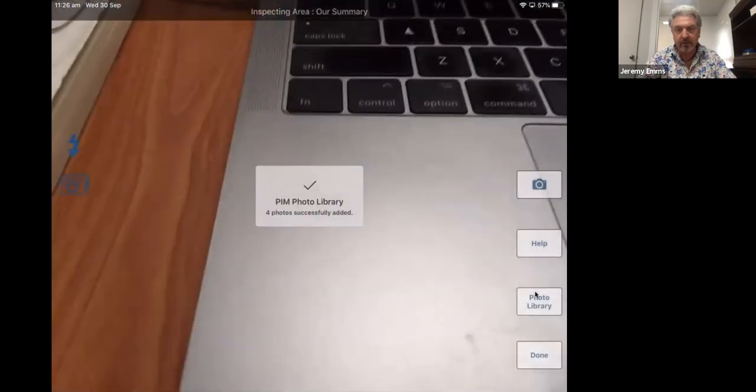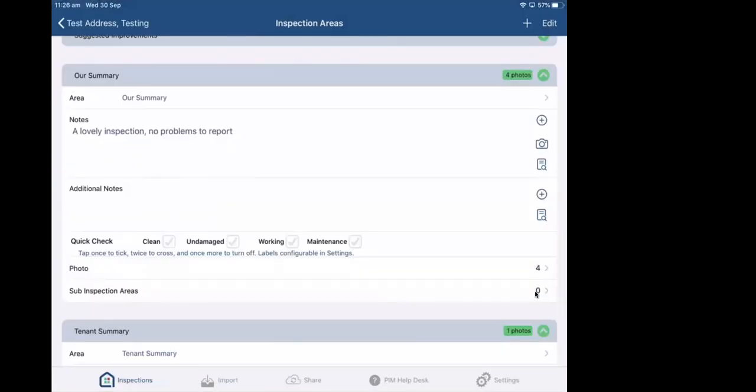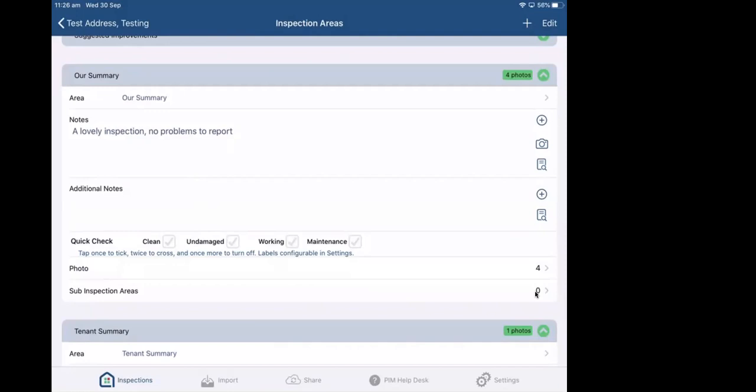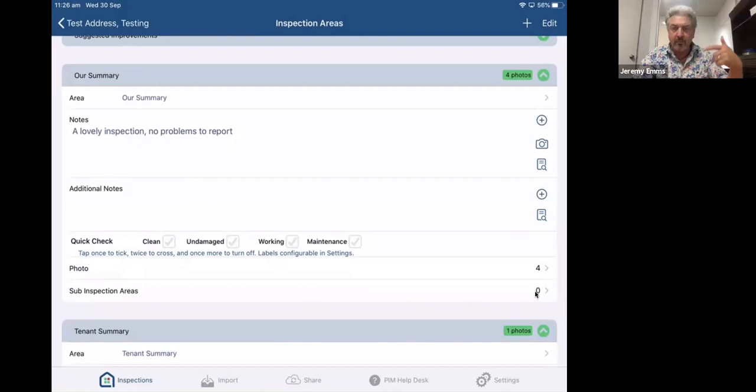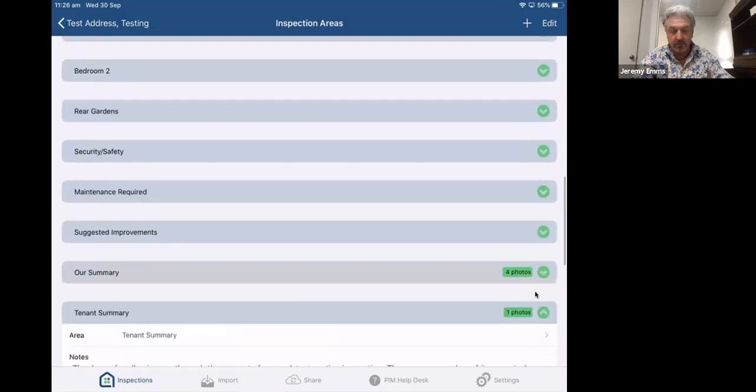If you are going to do an inspection and you want to just quickly run in and out and take some photos on your device and then bring them in later when you've got time, you can do that by pressing the camera and import from camera roll. And, or you can get, you know, as long as you get photos into your camera roll, you can bring those into your inspection.